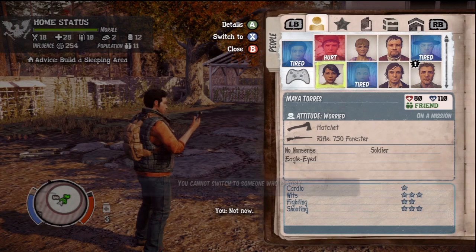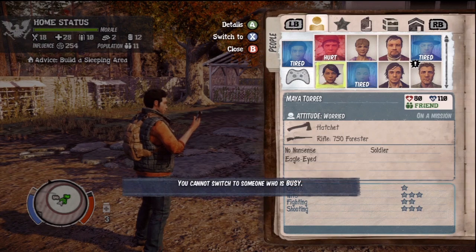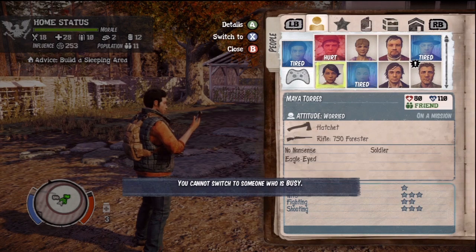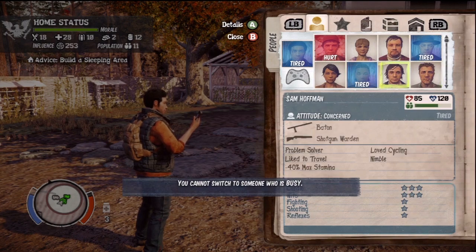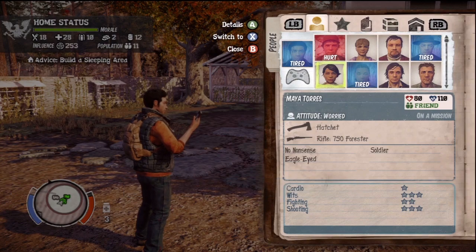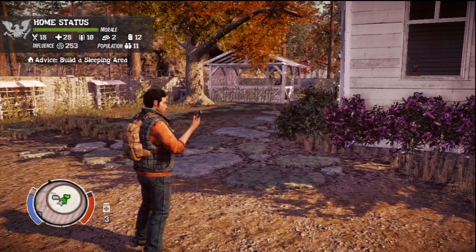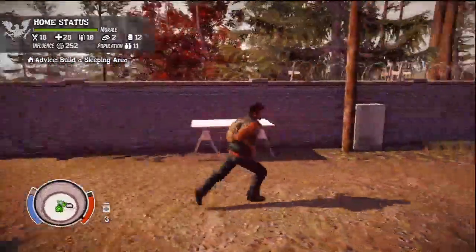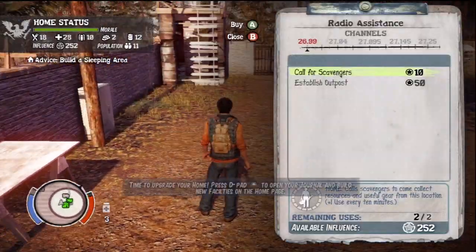So our influence went up a little bit, which I actually kind of expected to go down. I don't know what she's doing, and it's kind of making me nervous. I don't know if her health is always that low. Okay, so maybe we can play as her, I guess, because she's our friend. So I guess once we befriend somebody, then we can play as them, which does actually sound kind of important. So let's go ahead and...